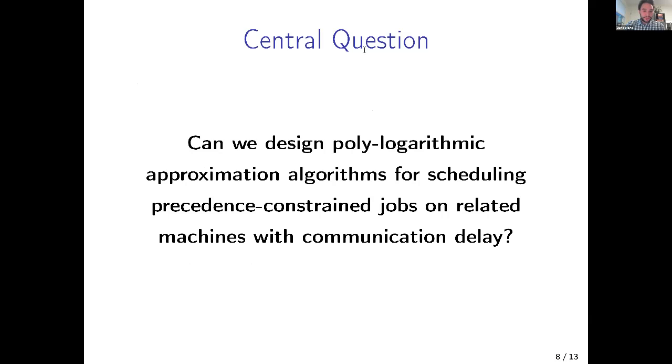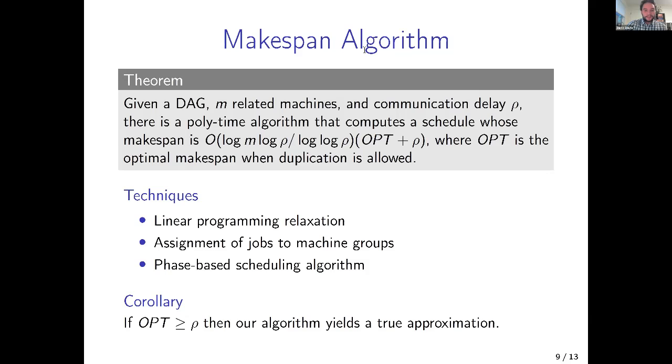So our central question is, can we design polylogarithmic approximation algorithms for scheduling precedence-constrained jobs on related machines with communication delay? Our main theorem provides a partial affirmative answer. We show that given an instance of precedence-constrained scheduling on m machines with delay ρ, we can compute a schedule whose makespan is within a log m log ρ divided by log log ρ factor of opt plus ρ